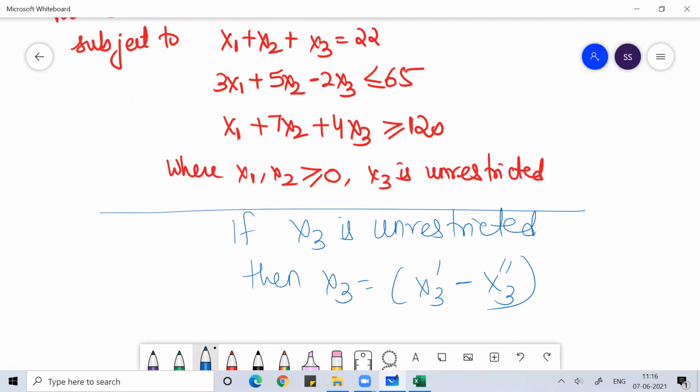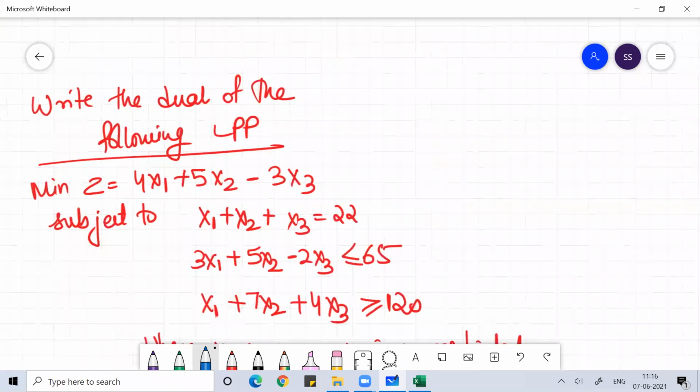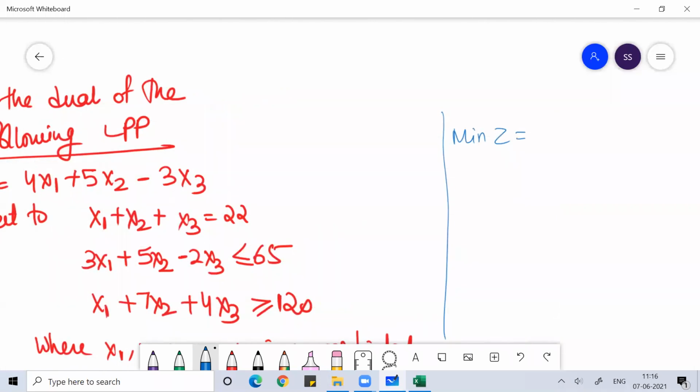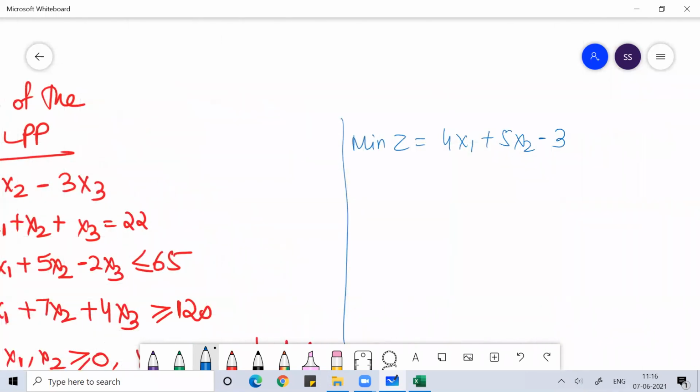So I could have written x3 equal to x4 minus x5. I hope you're understanding. I can do anything. So here minimum of z is equal to 4x1 plus 5x2 minus 3, in place of x3, I can write x3 dash minus x3 double dash,